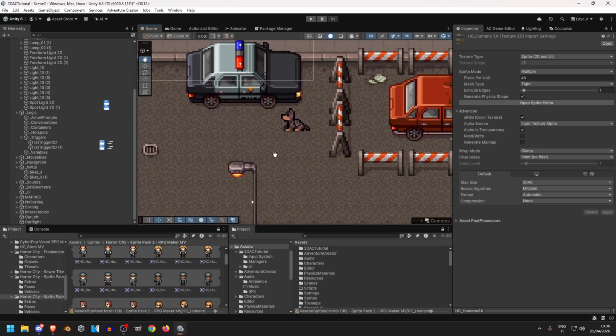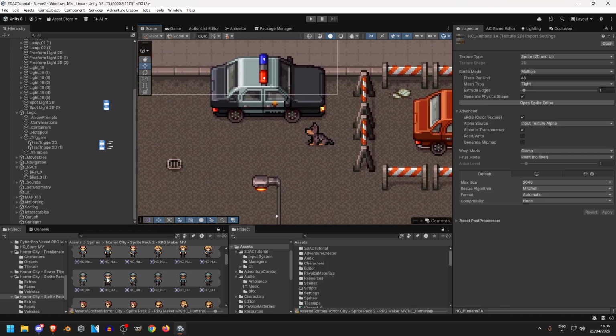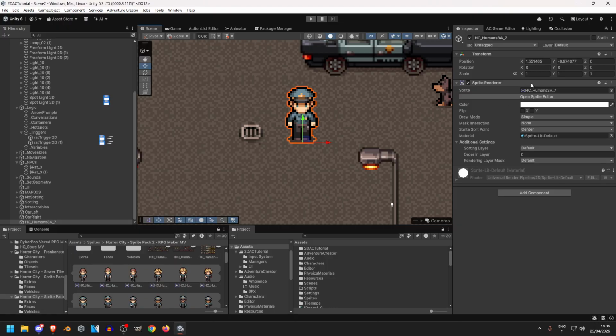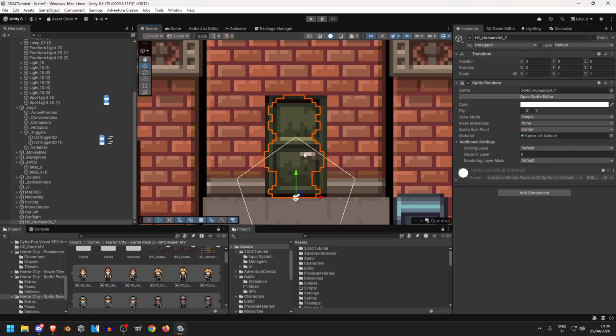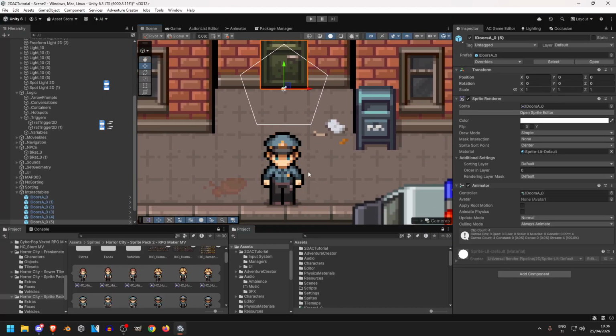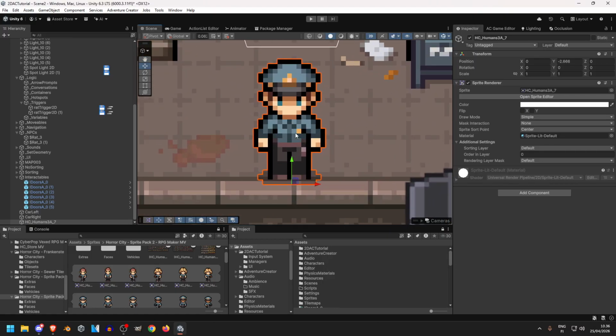We might as well just do a proper animated-in-all-directions policeman. Zero out that position, it's behind the door. Of course it's behind the door. Why is the door? Nah, whatever. Let's create